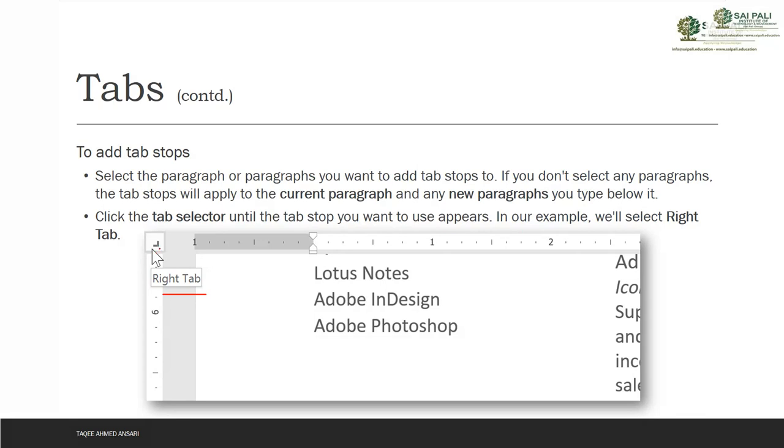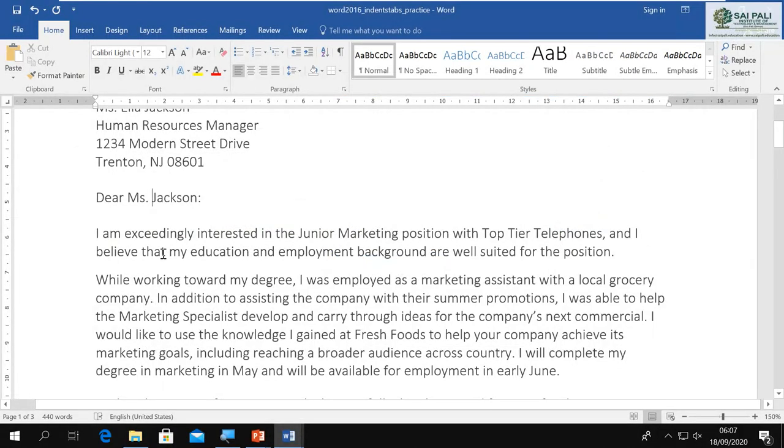So you have to click on this tab selector which I have shown you, one by one, and you will get multiple tab stop options. Stop when you get what you want. Like I want to get the right tab. If I click here, I can get multiple tab options. I will keep clicking on that until I get what I want. So I want a right tab. Okay, I think this is the right tab.